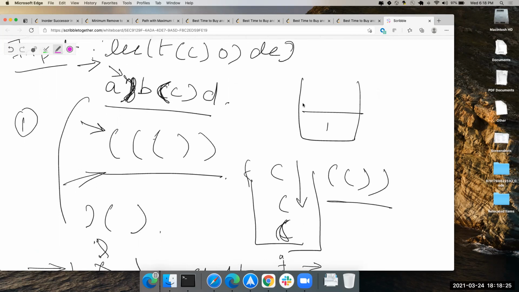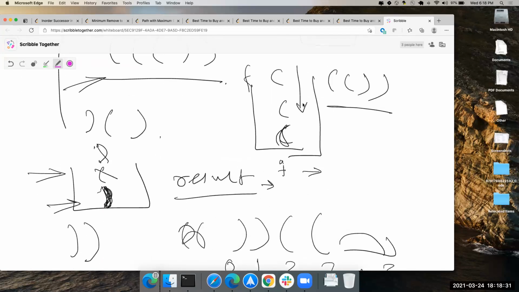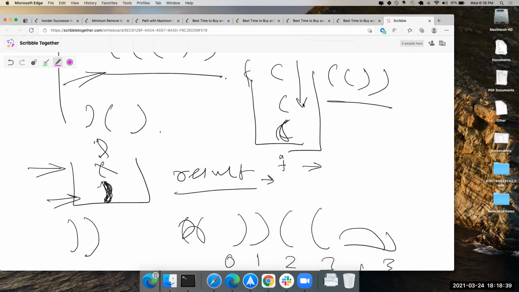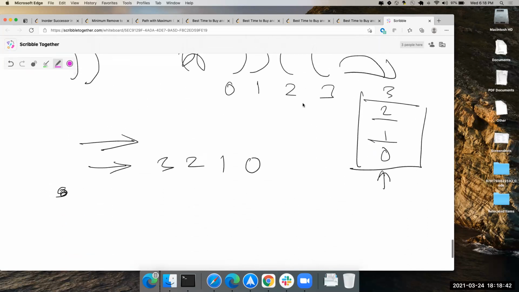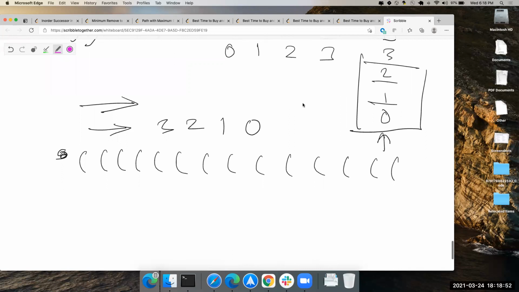Whenever I get a closed brace, I pop the topmost open brace from my stack. That means that closed brace has a corresponding open brace. But if I see a closed brace and there is nothing in the stack, that closed brace cannot have an open brace, so I mark that as an index that needs to be removed.